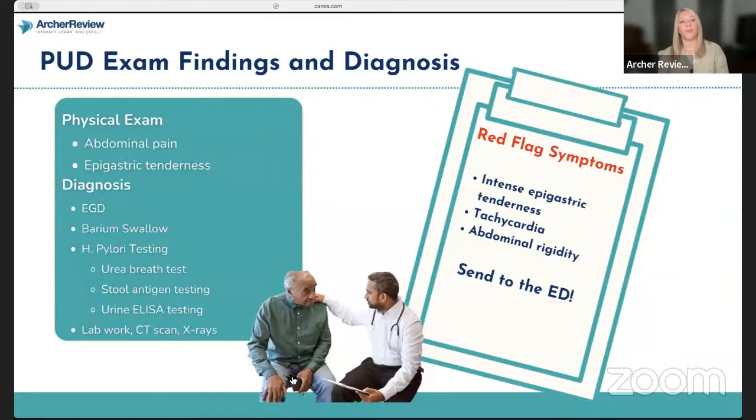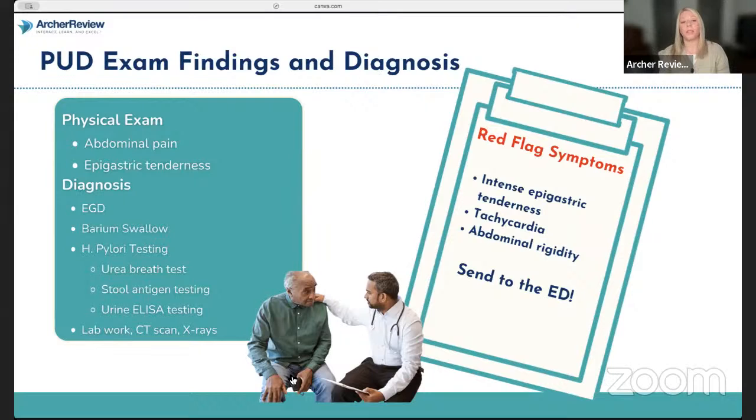So, unlike GERD, you might actually see some physical exam findings with peptic ulcer disease. Patients may have abdominal pain or epigastric tenderness. For diagnosis, our gold standard is an EGD, but for patients who can't tolerate that, a barium swallow study may